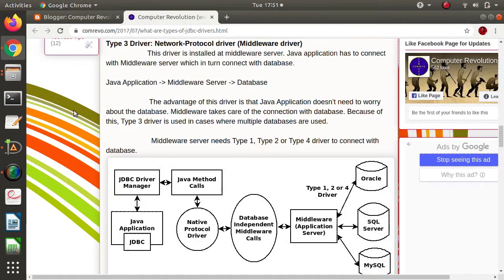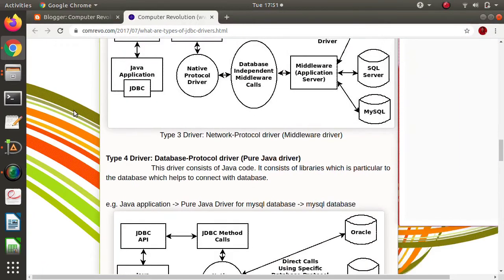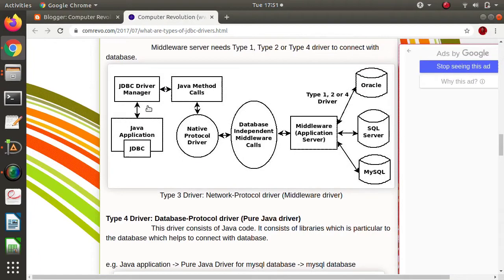So what is done in Type 3 driver? The customer or client should not bother or care about the databases. They will just fire a SQL query, or just make a JDBC call. That JDBC call will get forwarded to the middleware server. Here this is the server, a separate machine.